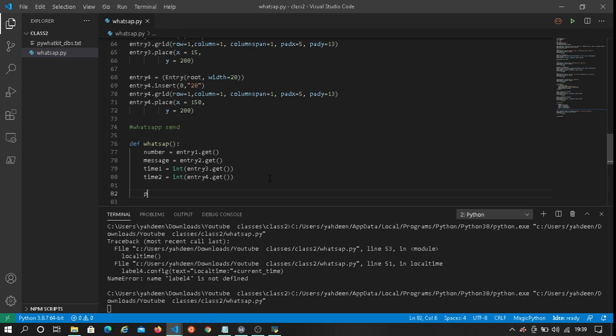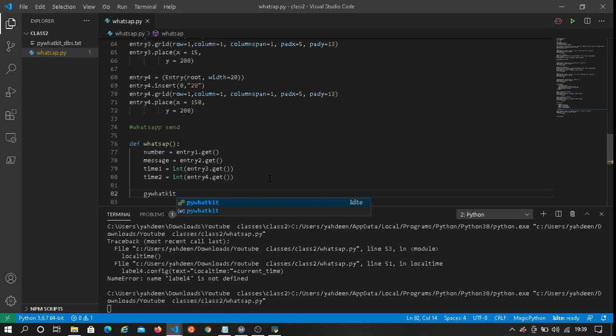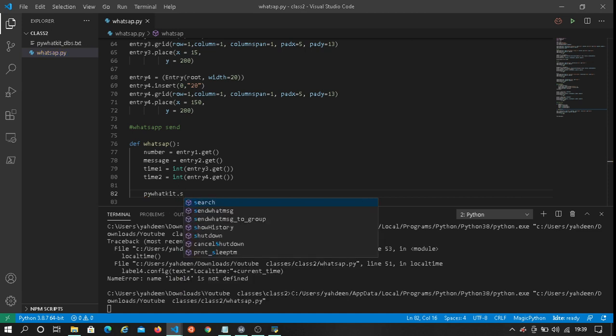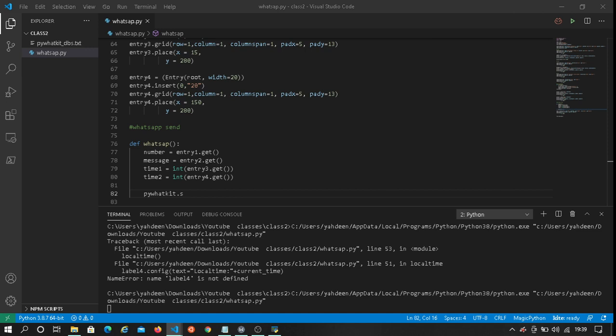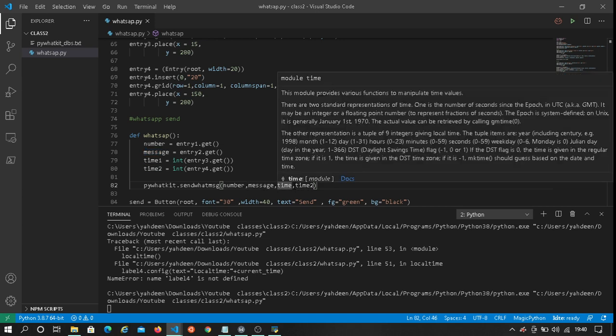Then now let's write the main element. Let me paste it, because I don't want to have a typo in this one. So now it's our main element. So yeah, let's paste pywhatkit send message. As you can see, the variables here: number, message, time 1.